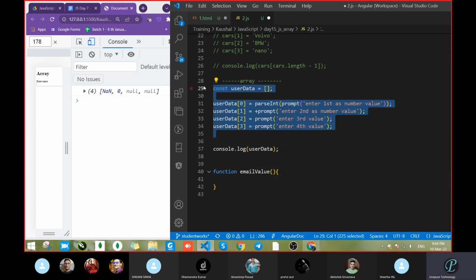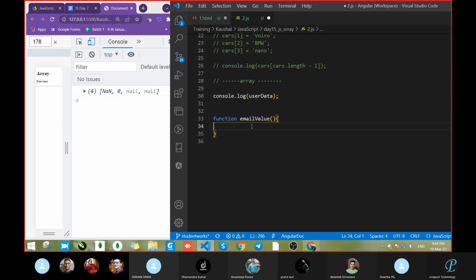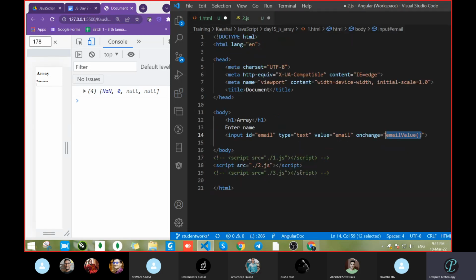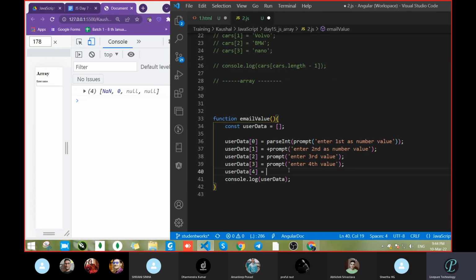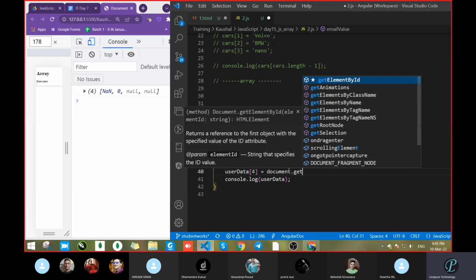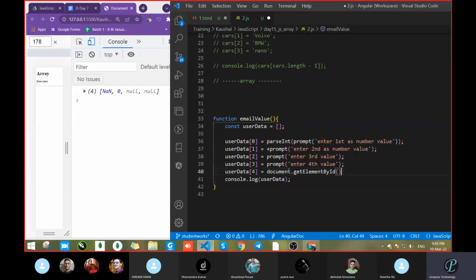Take this complete data inside. Pass that also here. Console the user data, take the fourth value. And the fourth value I want from where? From this input field, the email ID. So how to get that data? Here we will write document.getElementById.